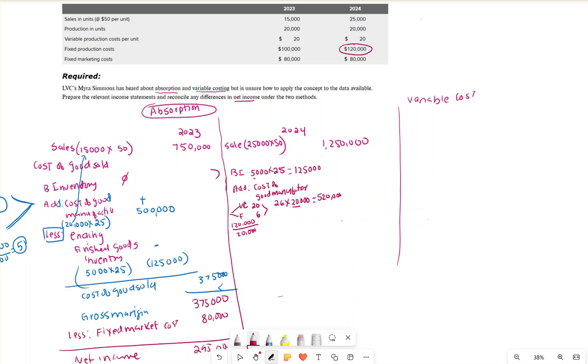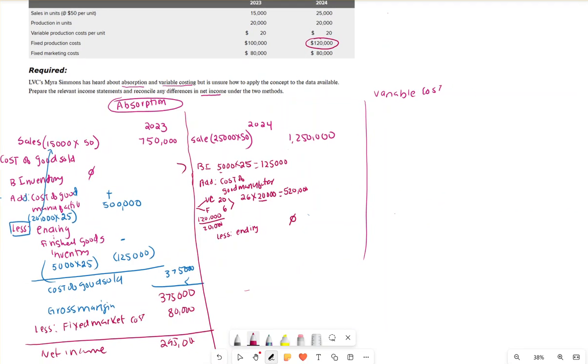We have nothing in my ending inventory. So my less ending inventory, whatever we produce, we sold. So in this case, my ending inventory is 0. So what we have is cost of goods sold. If I add both numbers, that's my cost of goods sold. That will be my 645,000. Difference between the both, sales minus cost of goods sold, will give me my gross margin, and in this